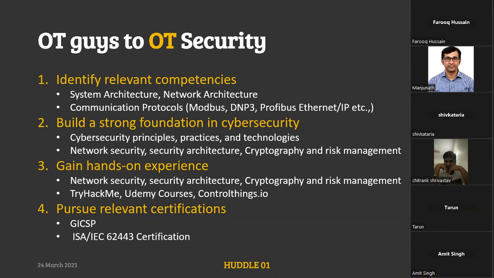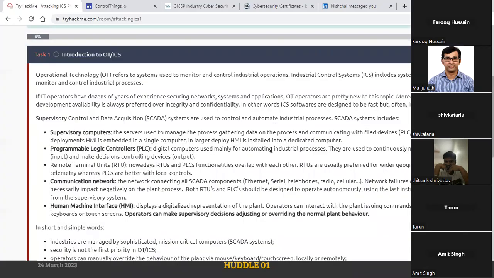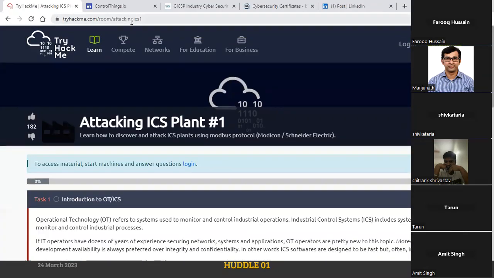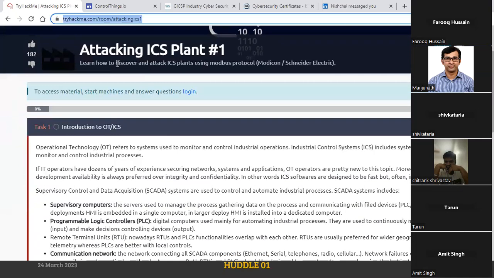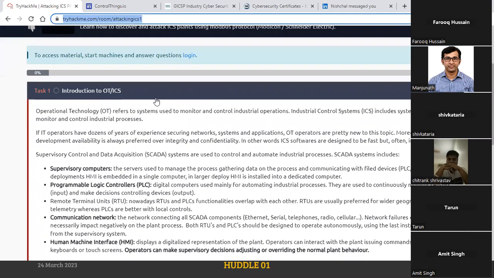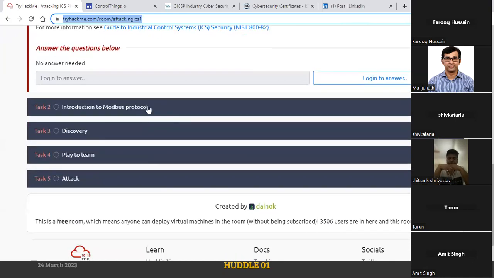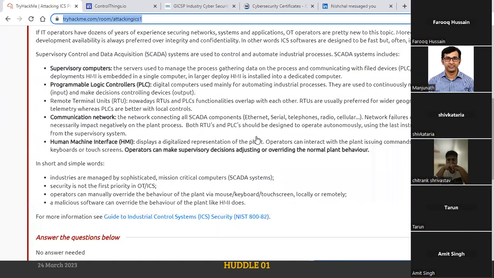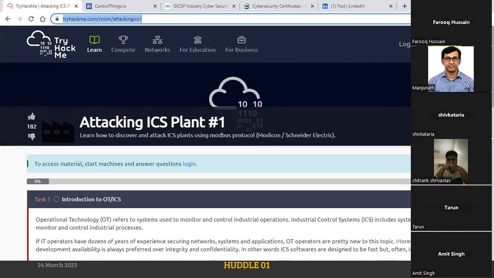Luckily, we have ample resources available nowadays, right? You can use TryHackMe. Recently, I would like to share this screen. I will share this link also with you. So this is the Attacking ICS Plant one, which you can leverage to learn the practical aspects and gain hands-on experience of industrial control systems. Also, one more thing is